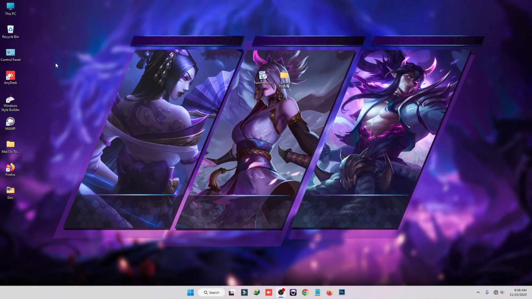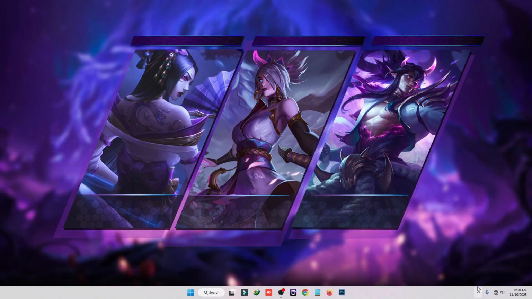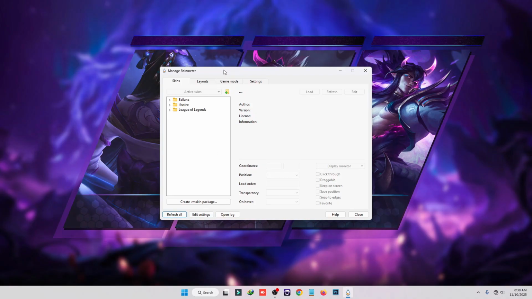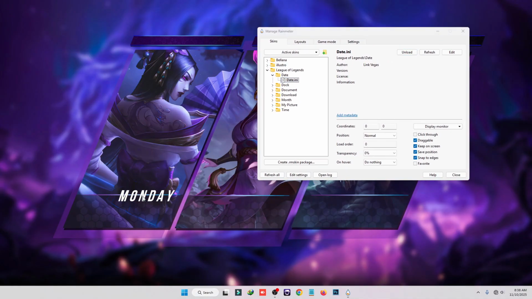Okay, now we have to hide our desktop icons. Right click on desktop and then uncheck show desktop icons, and then open Rainmeter and then click on refresh all. Okay, now we have to load the skins. First we have to load this date skin and then click on load,